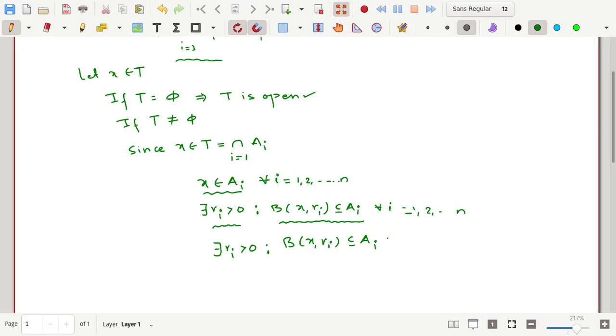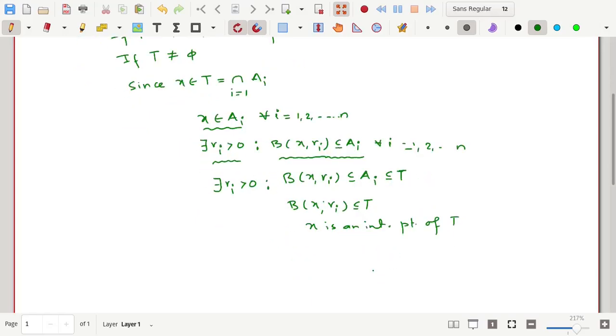And it's very clear that the intersection of the A_i is a subset of each A_i, so we can write that the ball with center x and radius r_i is a subset of T, and this proves that this x is an interior point of this set T.